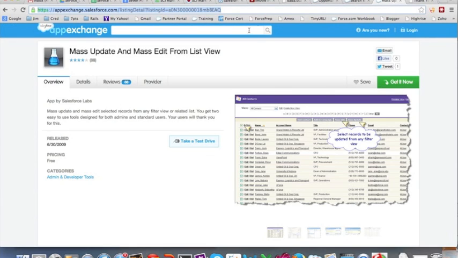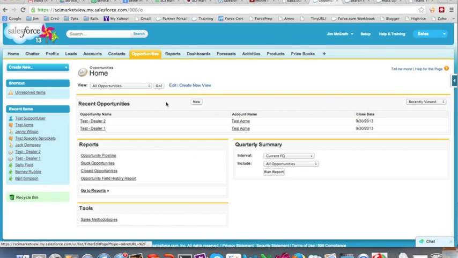This is freely available from Salesforce Labs. Your Salesforce.com administrator can install it. And I'll put a link to it in the show notes so that you can easily find it. But in this example, I'm going to show you how to transfer opportunity ownership using the Mass Edit, Mass Update tool. So I've gone to the Opportunity tab, and I'm going to go ahead and pick the All Opportunities list